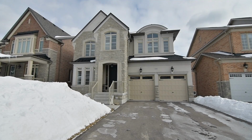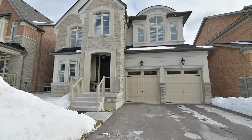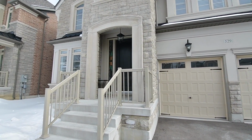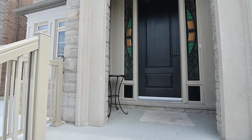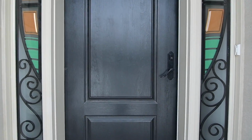Welcome to 529 Cliffview Road, a beautiful 4-bedroom executive home with 4 washrooms situated within a newer enclave of Pickering's sought-after West Shore neighbourhood. Through the portico's arched entry is an extended height front door framed with decorative sidelights, opening